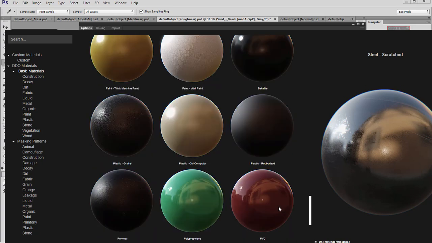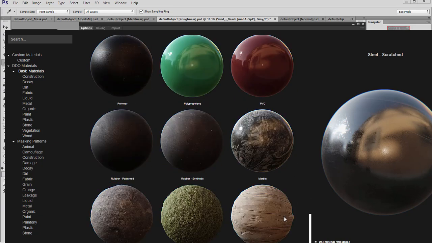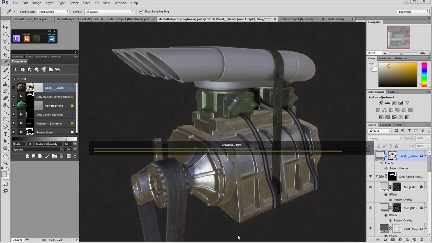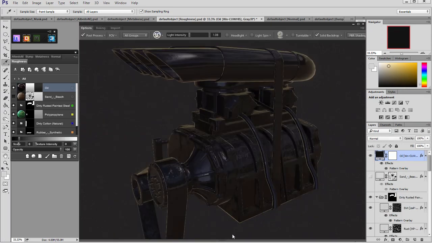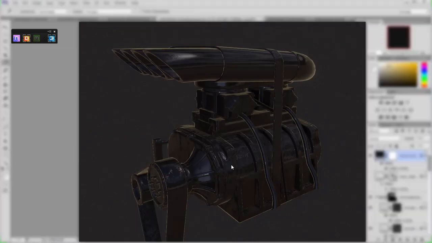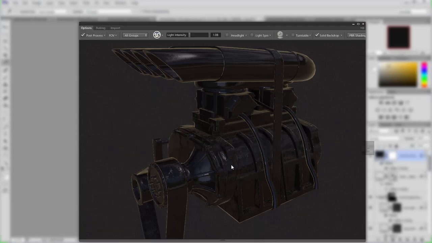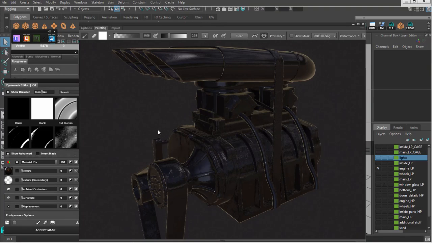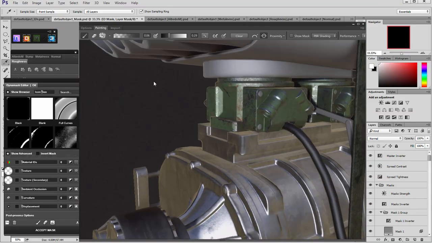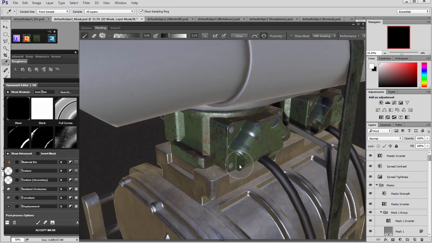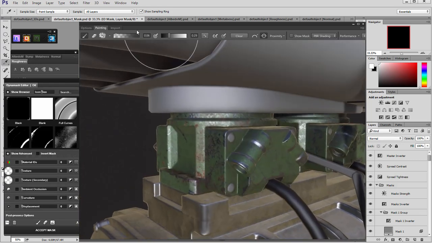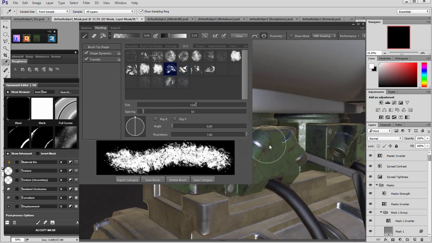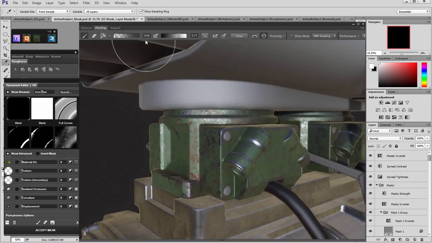Okay, so you can see I've just turned off our sand, and right now I'm looking for the oil material. I would like to add some oil in some places. I am switching to Dynamask editor, choosing a black preset, so we have no oil material at all, and right now